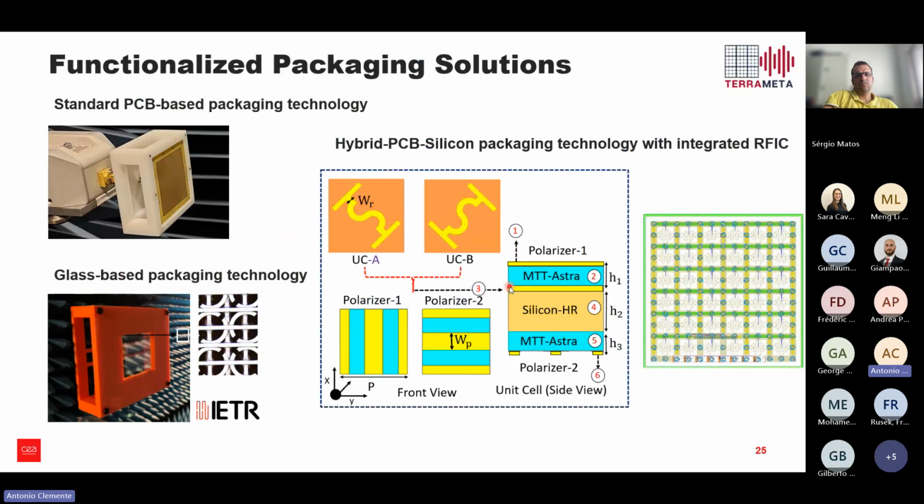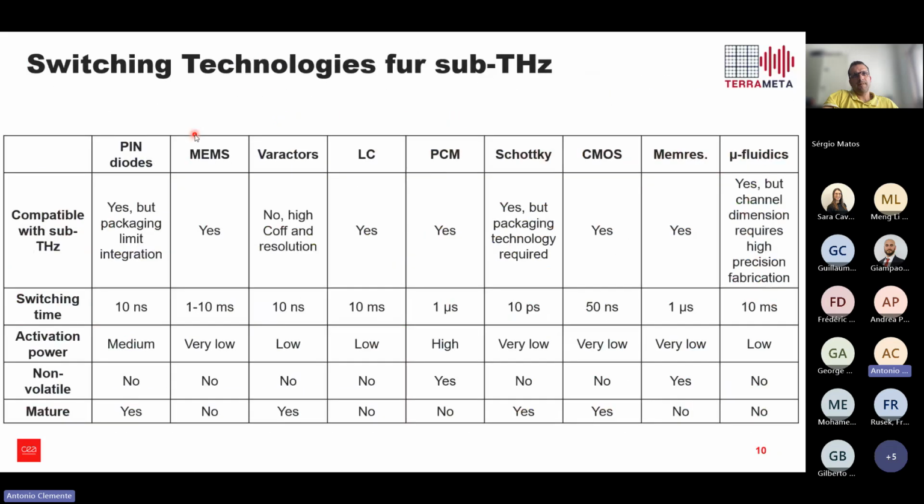So the last part, I have 5 minutes. In the last part of my presentation, I will present another possibility, which is a hybrid solution. So I presented standard PCB technology as a packaging, glass, and now a hybrid that is based on PCB and silicon packaging. As I presented in my first slide, in the beginning of the presentation,